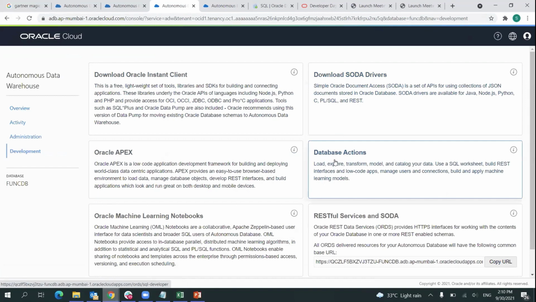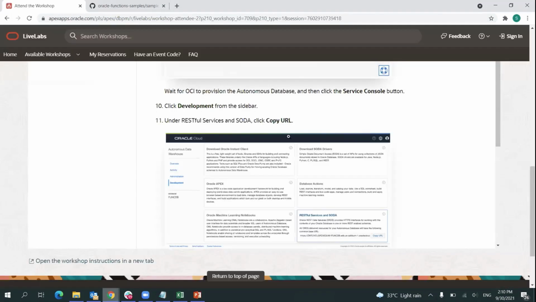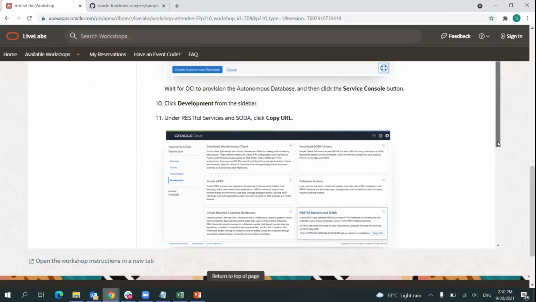The moment I click on Database Actions, I get the option of using a SQL developer. So you don't need to access the autonomous database or SQL developer on your laptop. You can use this online SQL developer, which is part of the autonomous database itself. So all the steps are given here, right? Under RESTful services, there's a particular URL that you get,